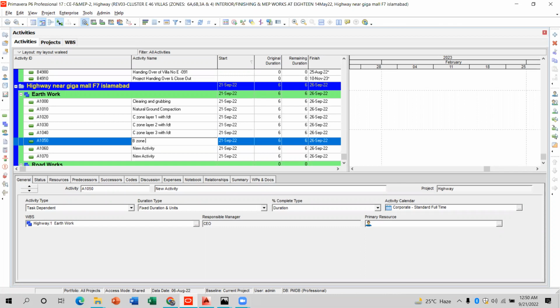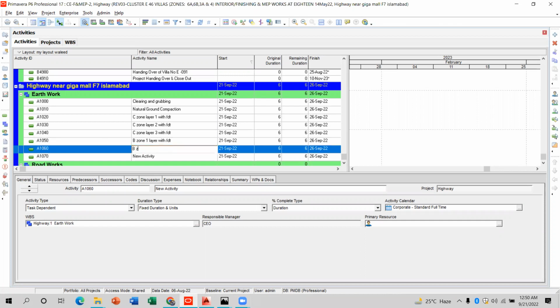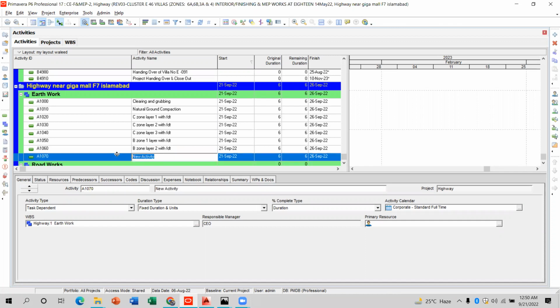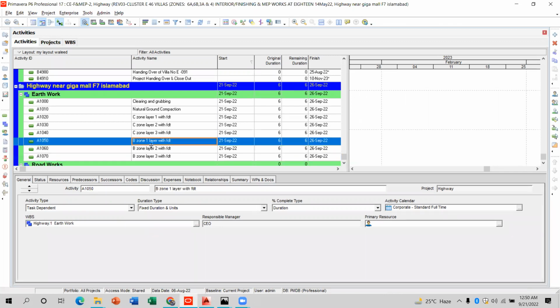B zone layer 1 with FDT, B zone layer 2 with FDT, and B zone layer 3 with FDT. It means that how much time layer 1 has taken, and for this one you have to take